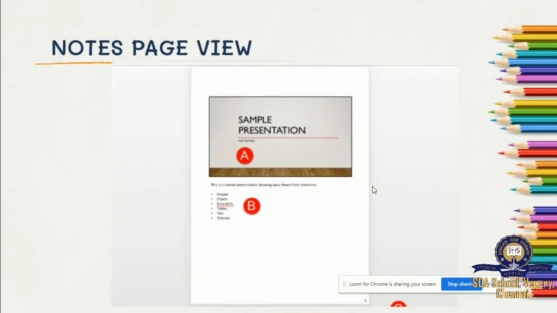Notes page view will show the notes. I showed you about the notes pane. The notes pane will be seen by the presenter, and the presentation will be seen by the audience. The audience will be able to see the presentation. The presenter will be able to see the presentation as well as the notes pane.